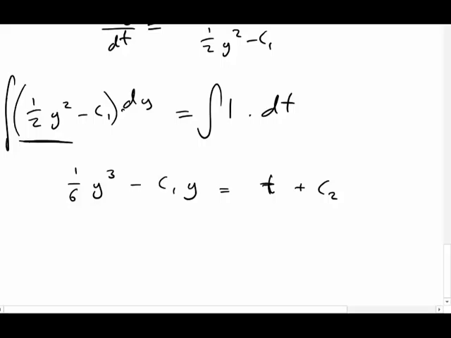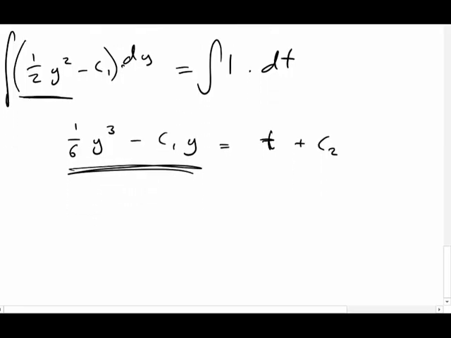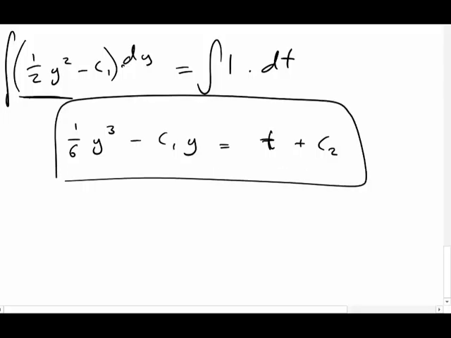Let's just try and get everything involving y on one side. Actually, no, we can't do anything with that because we're going to have to write it implicitly. So you can either leave it like that, or you can take the t and the c2 over the other side and just make it equal to 0. It's entirely up to you, but as long as you put something that looks like that down,